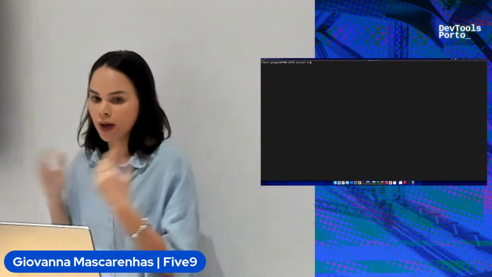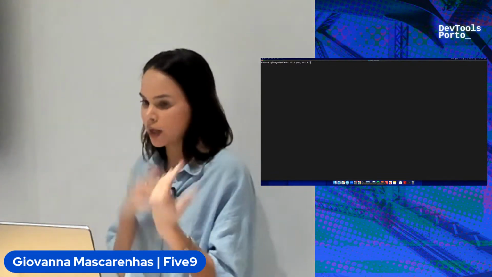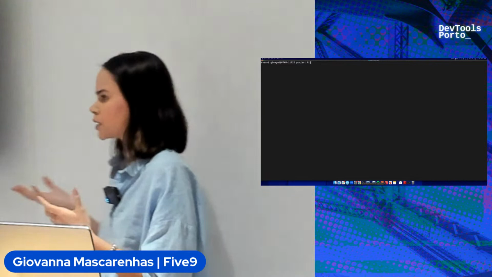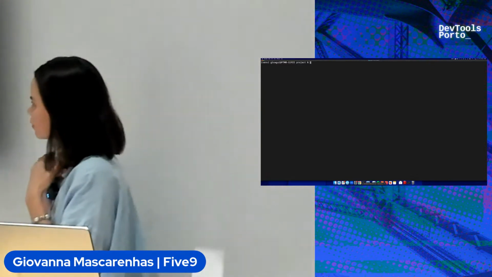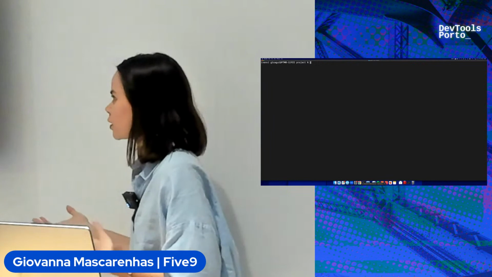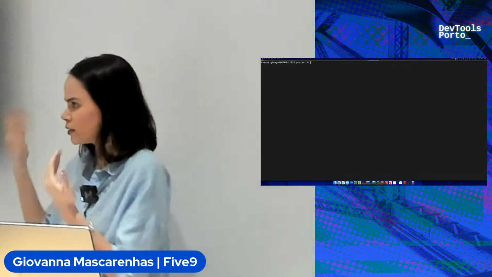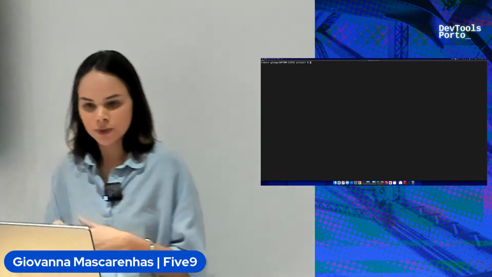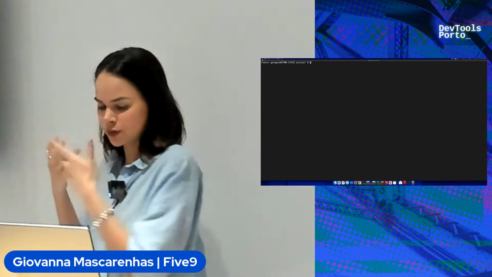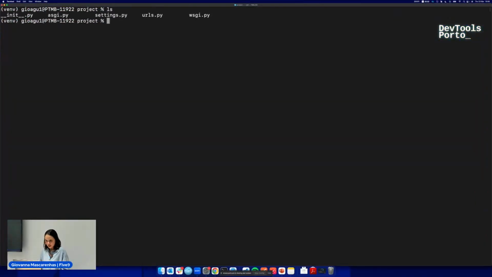We call that apps in Django, and it's a very organized way to work in Django, because imagine that I am developing the project and we have another developer, so we don't conflict. My work is not going to affect the other developer directly, just when we interact with each other. So I'm going to go back one folder. And to create an app in Django, it's python manage.py, the manage.py that I talked about, and startapp api.